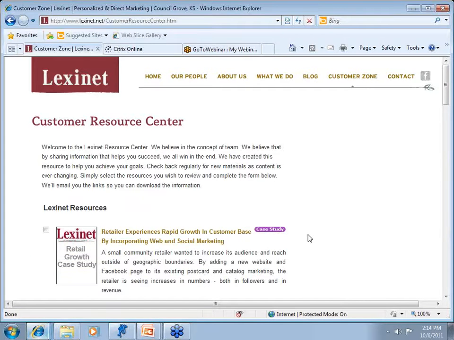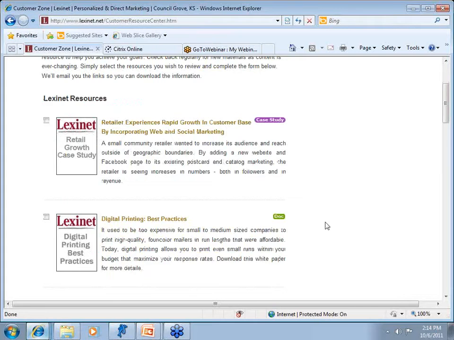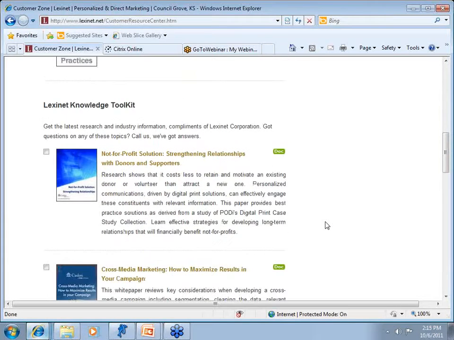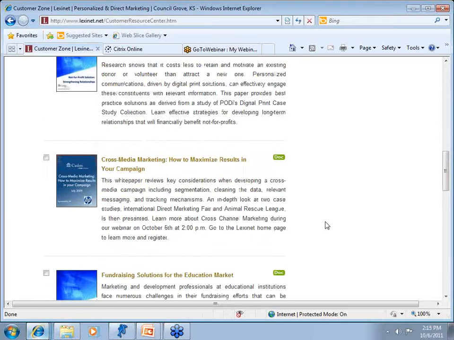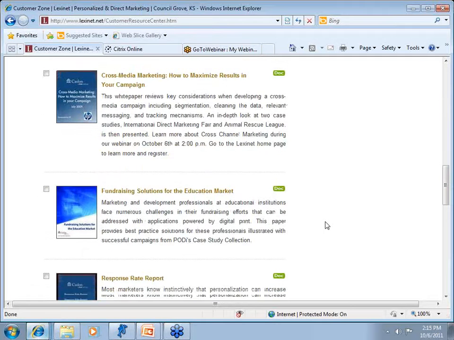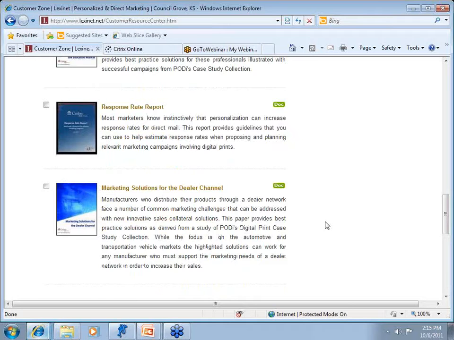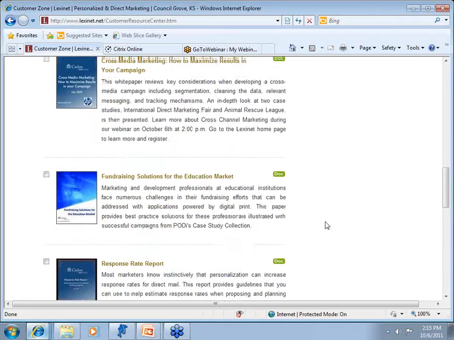At the LexaNet Customer Resource Center, you're going to find case studies, best practices, white papers. You're going to find lots of different information that we've created for you and that we've selected for you to help meet your needs. And any of this information can be downloaded by you at any time. As you scroll down, you're going to see